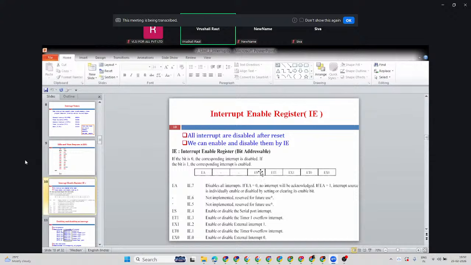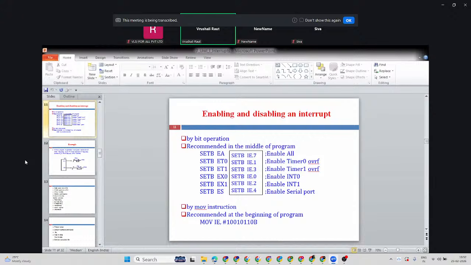For example, I have to set serial and I have to set timer 1. So I'll be setting these two as 1 and remaining I'll keep 0. That way can happen. So it depends which interrupt you are using. So a very important register, which is the interrupt enable register, we have to use in our program depending on our requirement. Okay, now